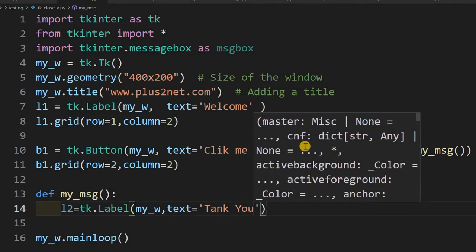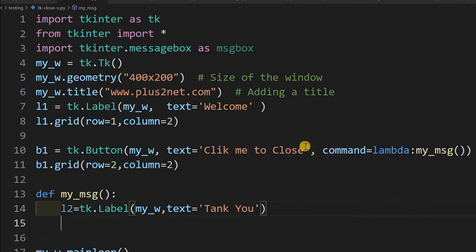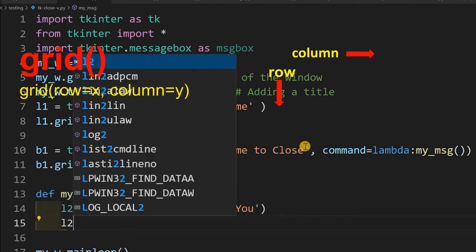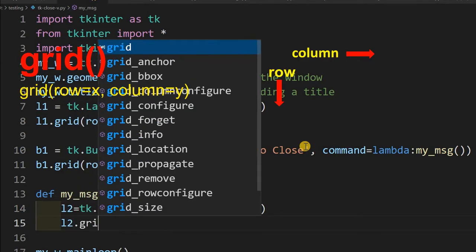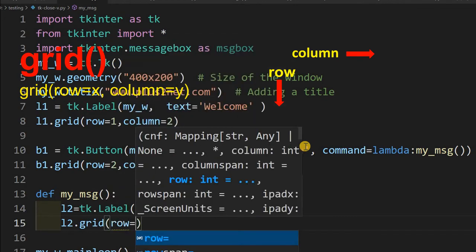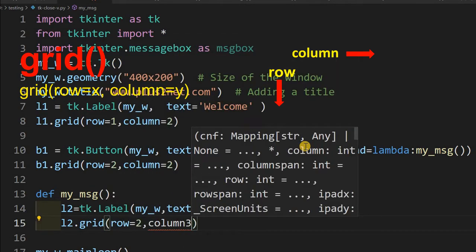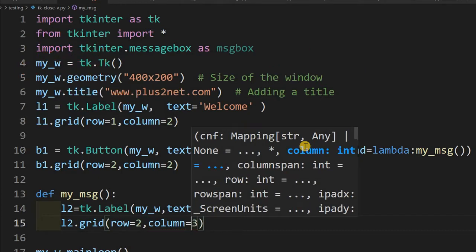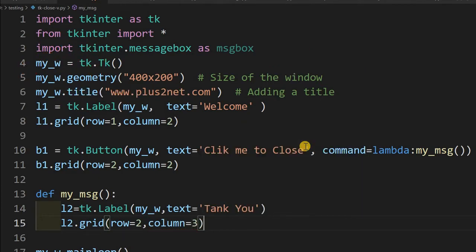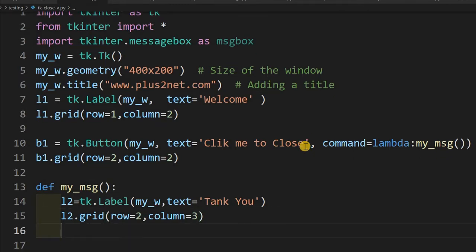Whatever message you want to give, you can give that. Now I have to place it inside the grid: grid, with row equal to 2 and column equal to 3. This is the row and column of any grid. If you have seen our tutorial, you can understand it is all about placing widgets at different locations on the window. So this is the layout control.